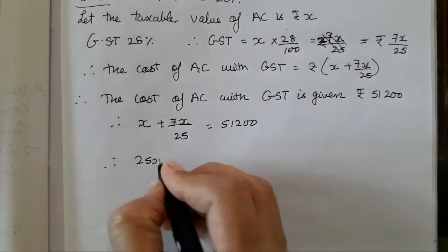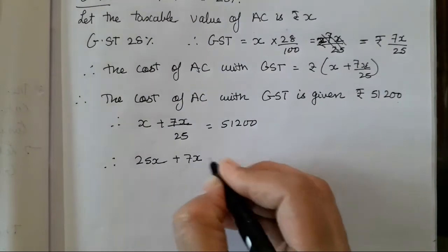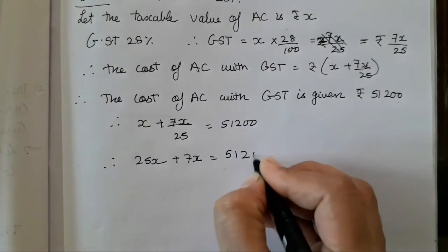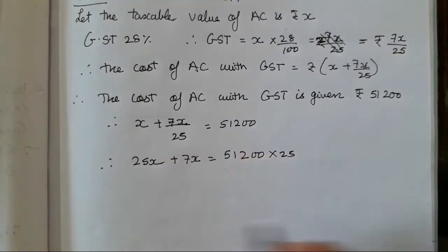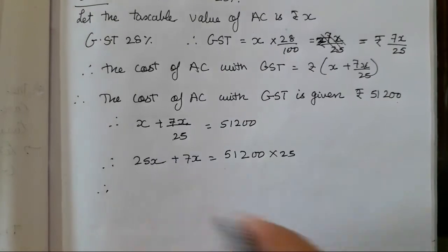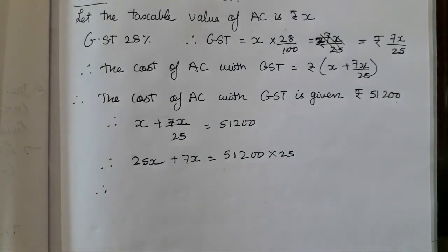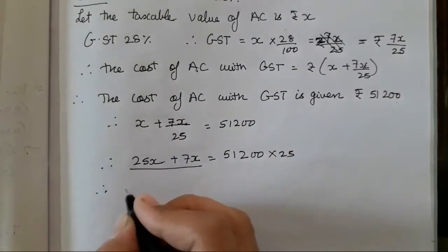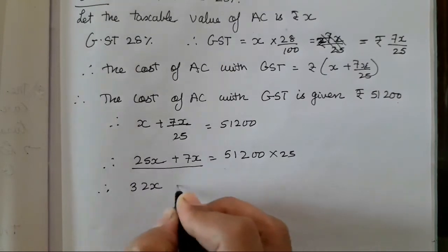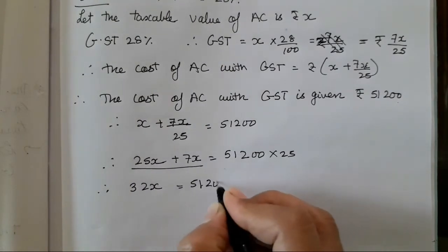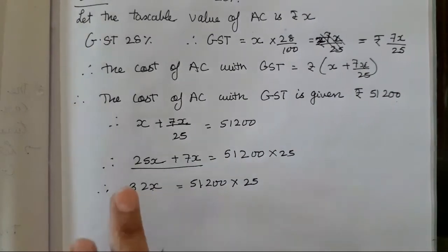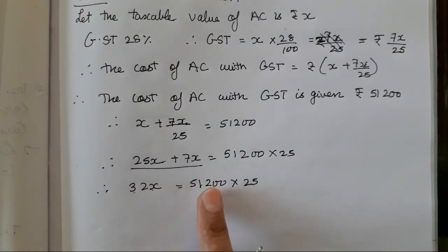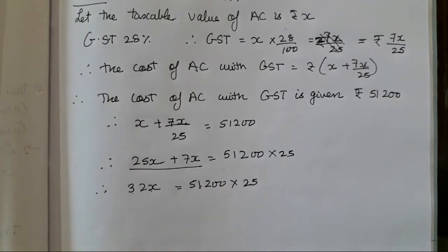Therefore 25X plus 7X, multiply both the sides with 25. Okay, here also with 25 and on this side also 25. Now again we will do the same step. We will not multiply it. What we are going to do is 32X. Now remember one thing, there is a small trick that you all have to remember. Whenever the answer with the X is coming, you all have to multiply and check whether this is getting reduced or not. Okay, it is definitely going to get reduced.